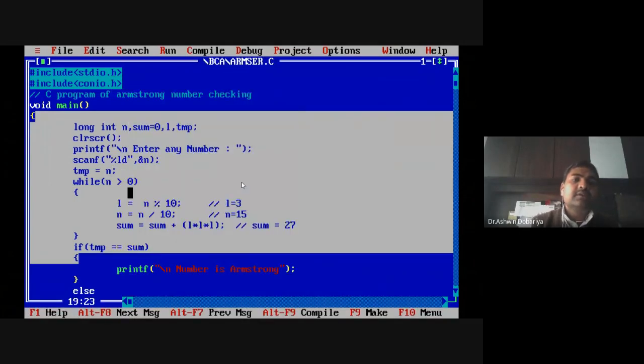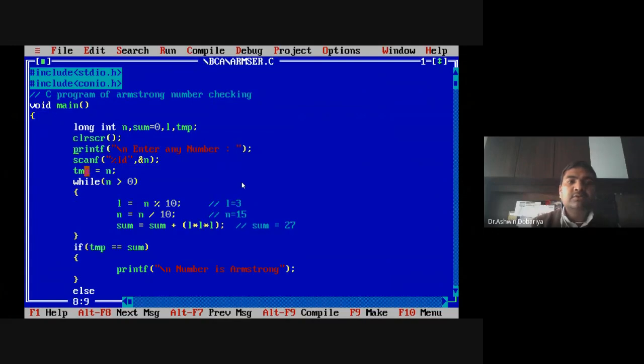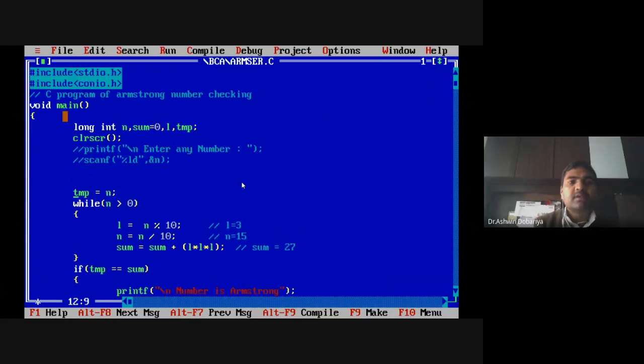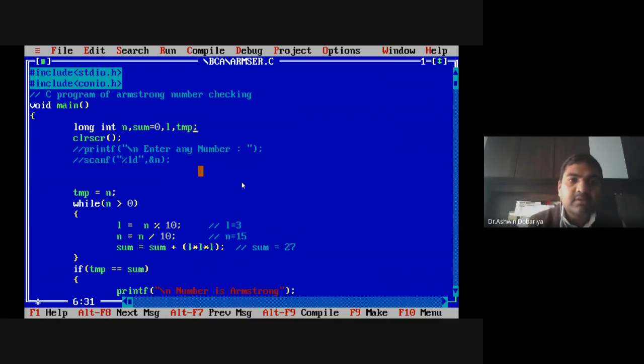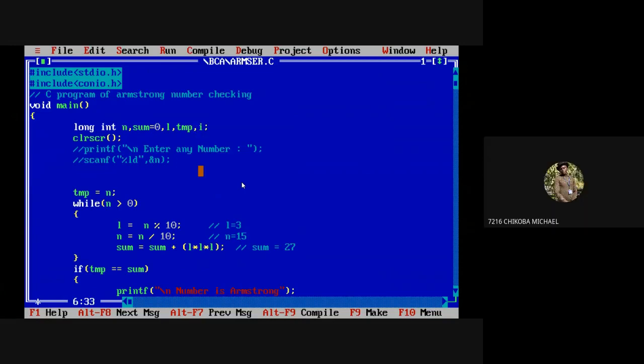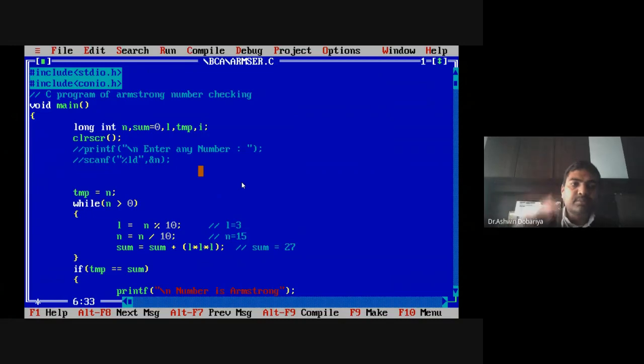So now we will not take the number from the user. We will not take input from the user, but where will we receive the number from? The loop counter variable.